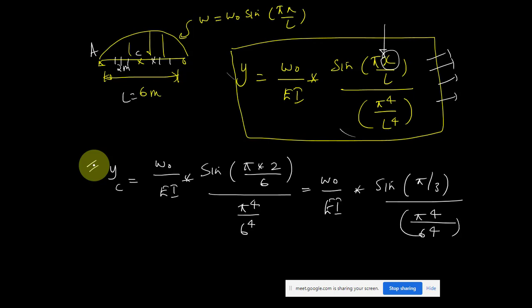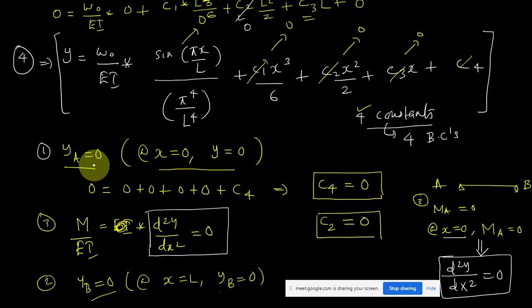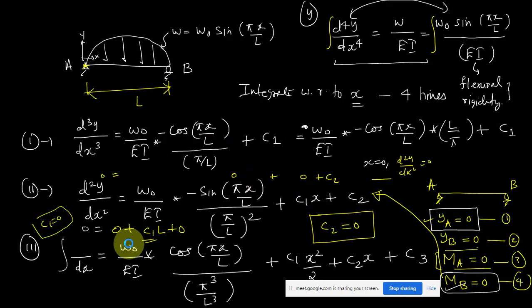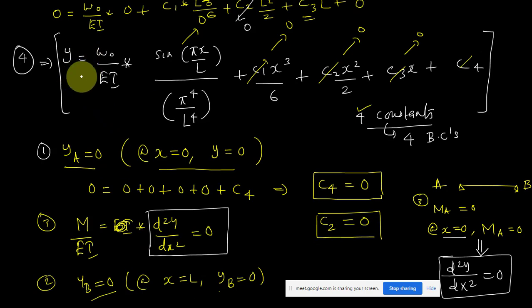So simply write the equation for the moment, and if you are finding difficulty to find the moment equation, you have to start from the load equation in terms of load intensity. After that you have to do the integration maybe 2 or 4 times till you get an equation for the deflection y. In that y equation you will have 2 or 4 constants of integration, and those constants you have to solve from the given boundary conditions. This is how we have to solve the question by the double integration method.